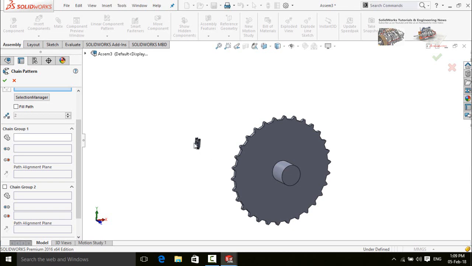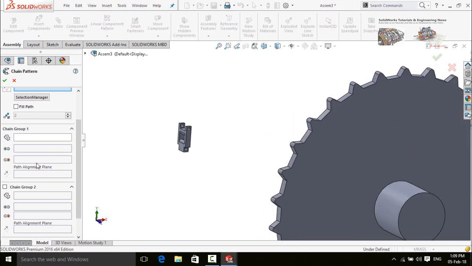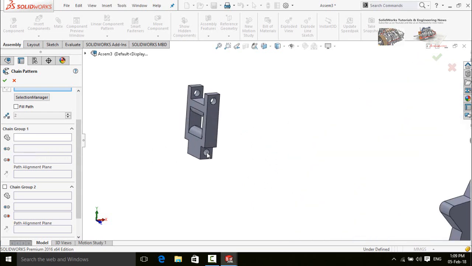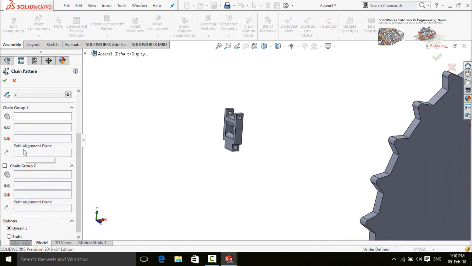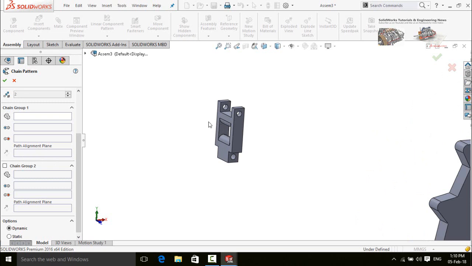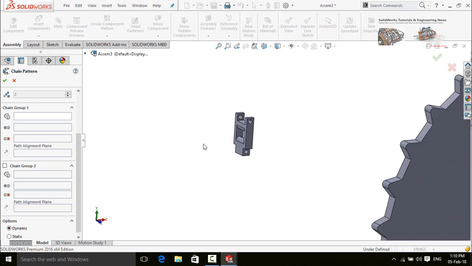So this is our chain component, and then it will need two cylindrical faces. So this is our first cylindrical face and this will be our second cylindrical face. After that, it will need path alignment plane or location plane. So we will create a location plane in the mid of this chain component part.